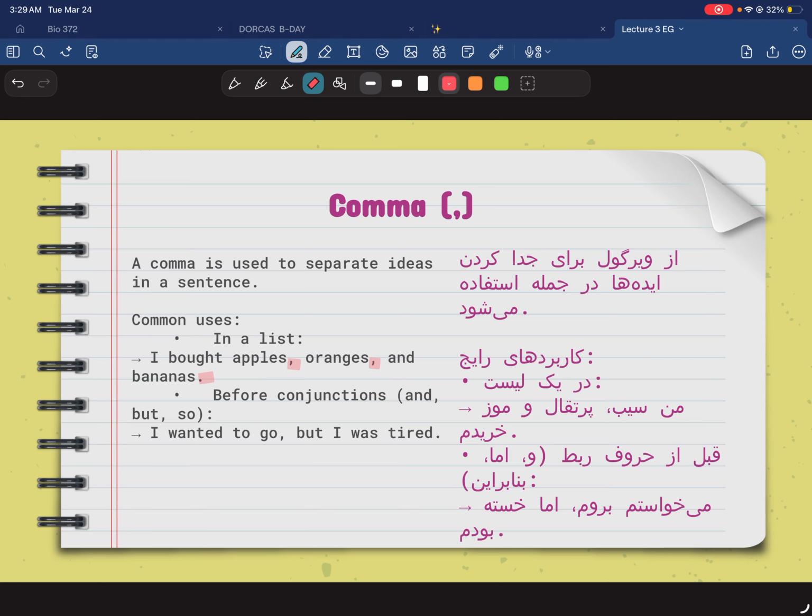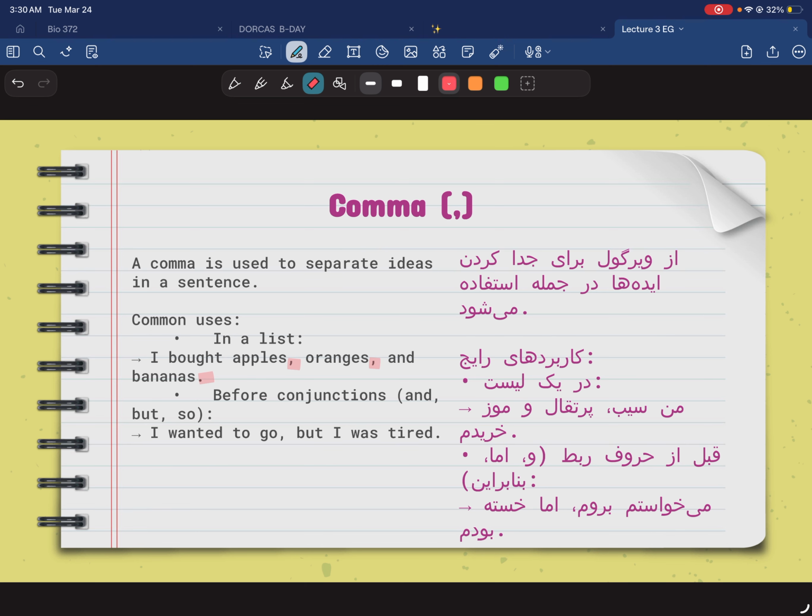And you can see that you kind of pause in between the commas, and this helps separate each of these items so that there's no confusion. I bought apples, oranges, and bananas. Because if you said it without pauses, it will kind of sound confusing, but commas just clarify the sentence, clarify the ideas so that you're not getting confused that somebody is saying something like, I bought apples oranges. Like, that's one word. When you put a comma, it helps separate the ideas clearly so that you can understand